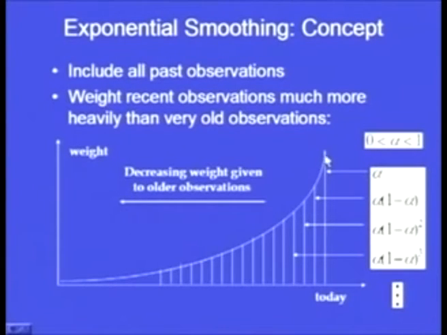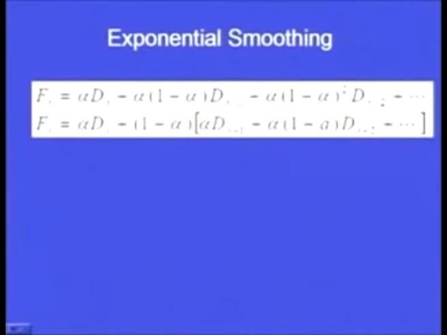We have seen the importance of exponential smoothing, why it is done, and how we assign weights in an exponentially decreasing pattern. So, this is the pattern: on the y axis we have weights. Here we have the maximum weight, this is today, and then the weights decrease exponentially along this line. Now, Ft is the forecast that we want to make. This is alpha into dt plus alpha into 1 minus alpha, alpha into 1 minus alpha square, the weight given to dt minus 2, and alpha into 1 minus alpha is the weight given to dt minus 1.